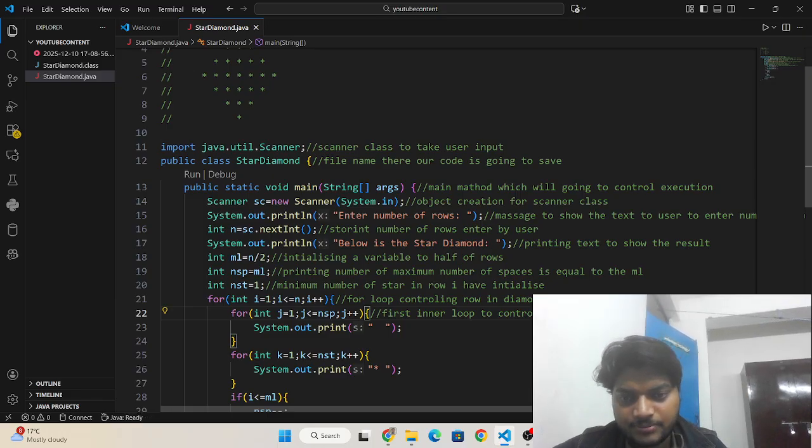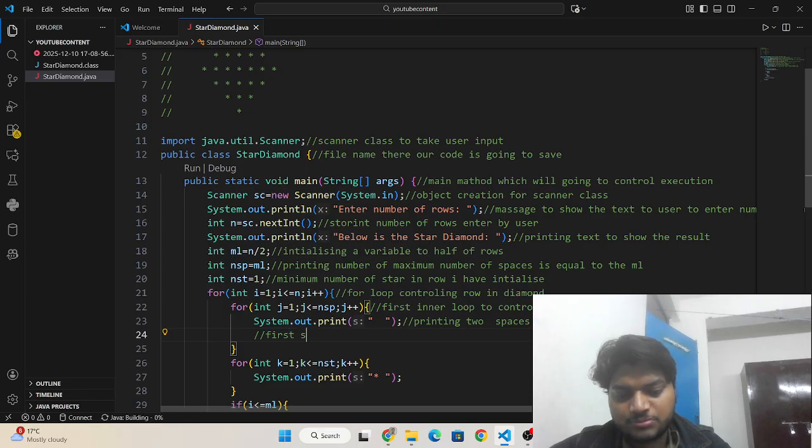Okay, here we are printing two spaces to make the alignment better.